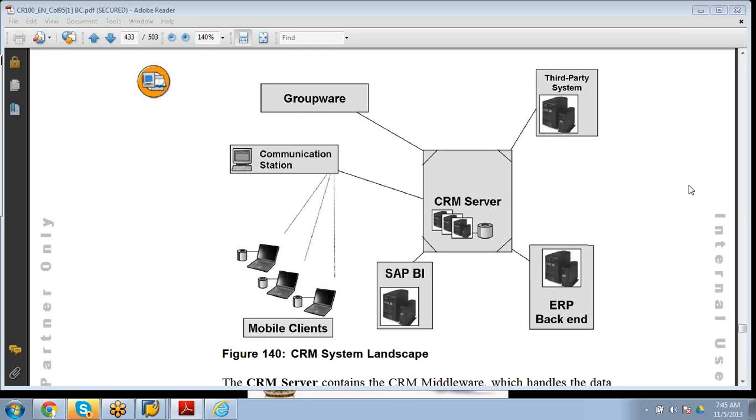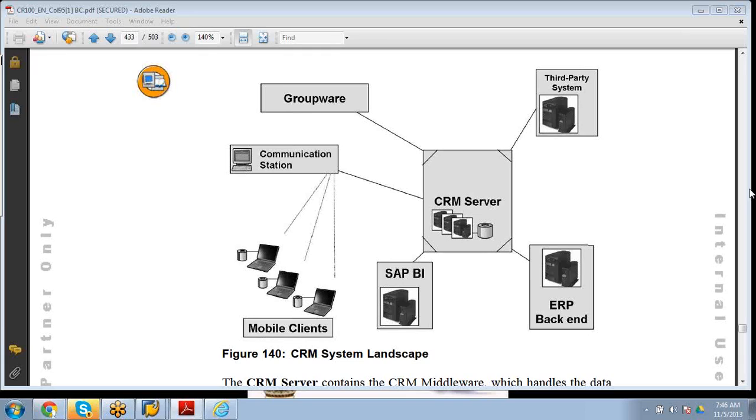Is my understanding right? Third-party systems means like your SUP wireless protocol and all, the Sybase Envoy protocol or something like that? No, third-party systems can be any other ERP, a non-SAP ERP.